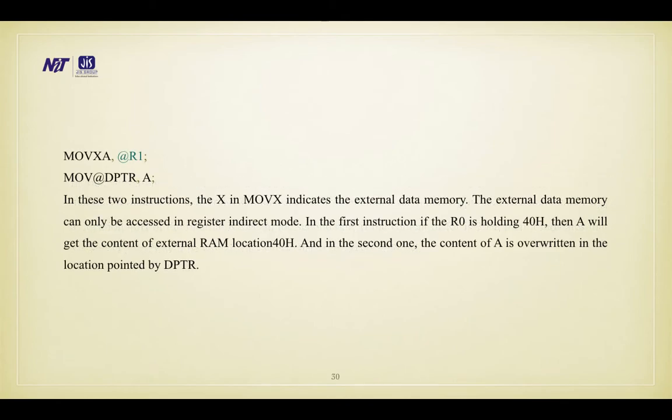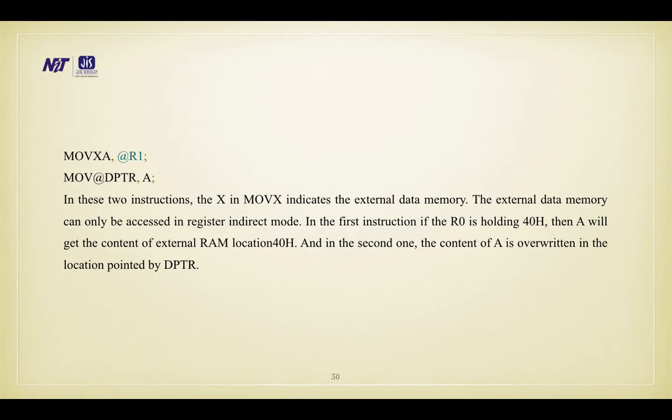MOVX A, @R1 and MOVX @DPTR, A. In these two instructions, the MOVX indicates the external data memory. The external data memory can only be accessed in register indirect mode. In the first instruction, if R0 is holding 40H, then A will get the content of the RAM location